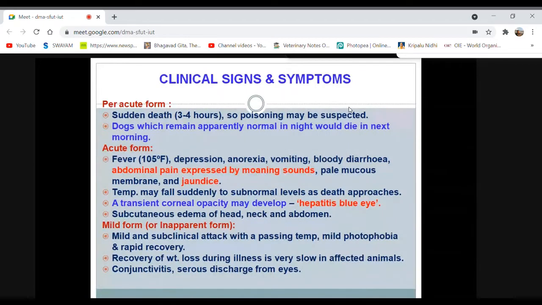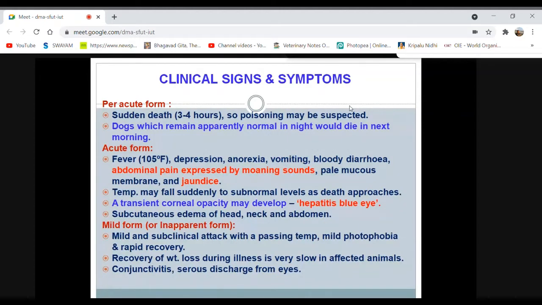And that's why people normally used to suspect poisoning cases, but it is due to this disease. The acute form is the most common and important one, with a high rise in body temperature, depression, anorexia, vomiting, bloody diarrhea, and abdominal pain. And when the dogs are having this abdominal pain,